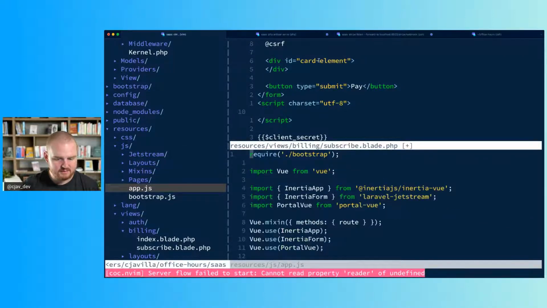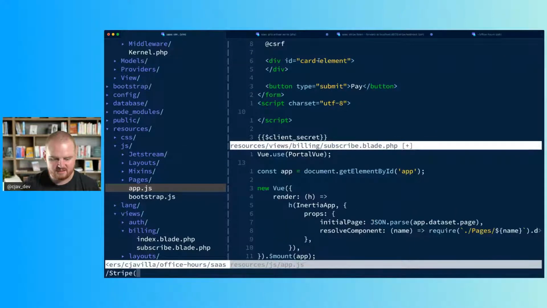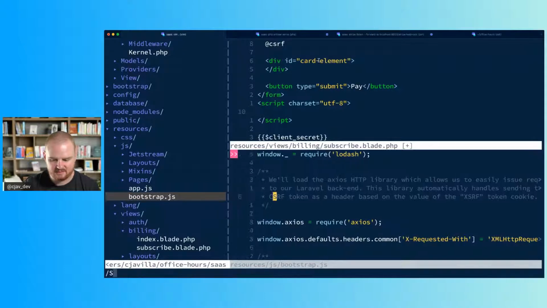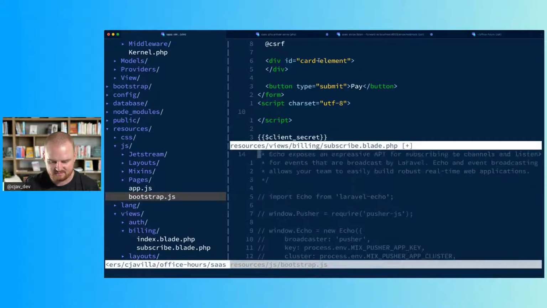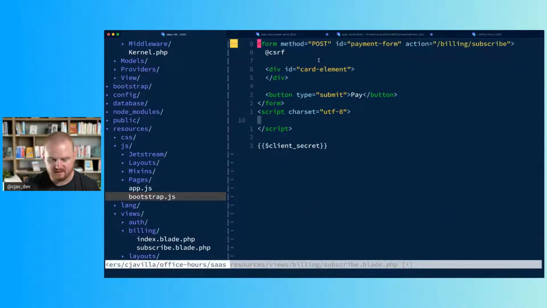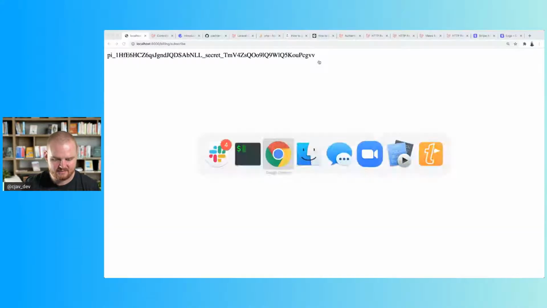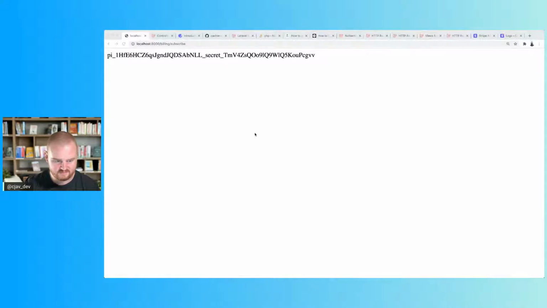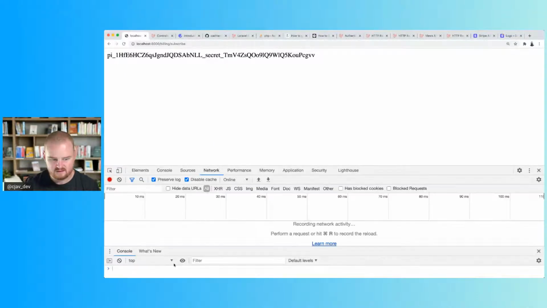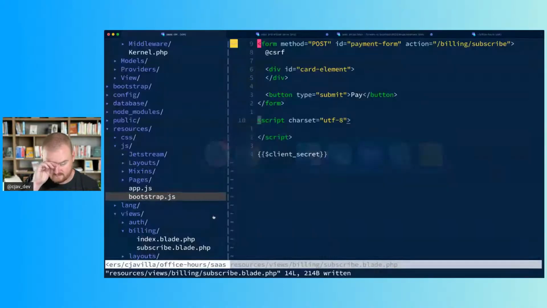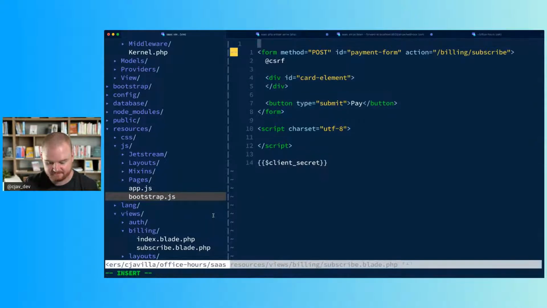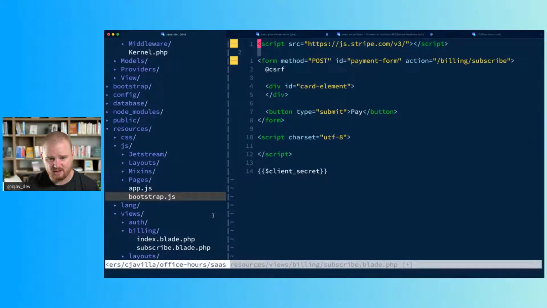Oh, but it probably is initializing Stripe somewhere. Bootstrap, Stripe. Okay. Oh, nice. They've got Axios. That's cool. All right. So do they have Stripe? Can I just look? Stripe. Stripe is not defined. Okay. So we need to install Stripe.js. We also need to install our